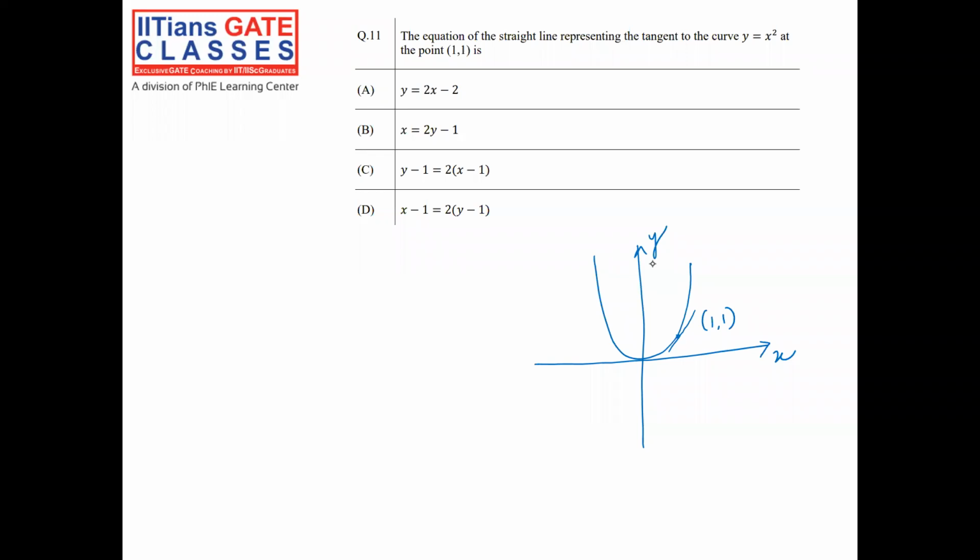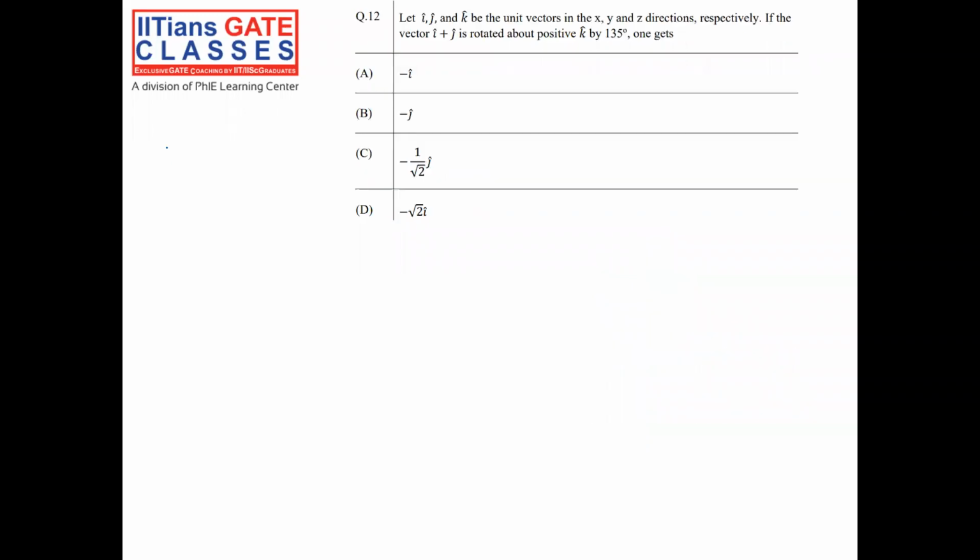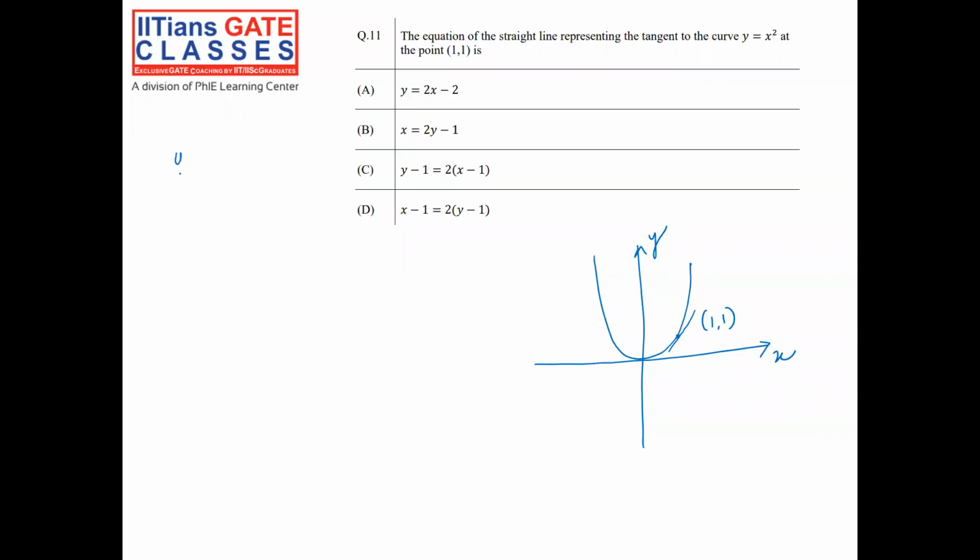So we know the curve equation is y is equal to x square. And if we differentiate this equation with respect to x, we'll end up with 2x. And dy by dx is nothing but the slope of this curve. And if we calculate this at point 1, 1, we will get 2. It means the slope of the tangent at point 1, 1